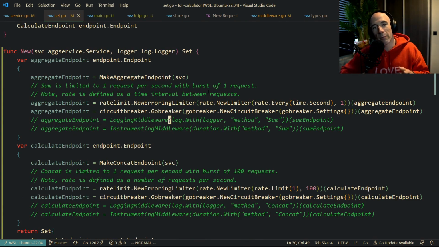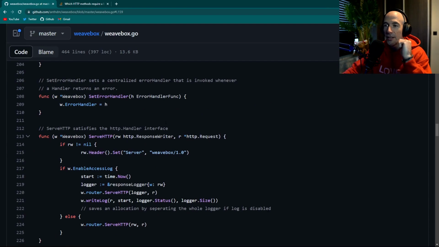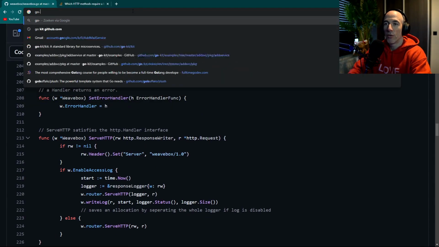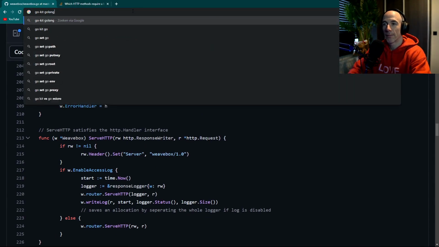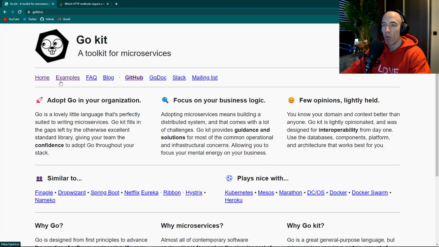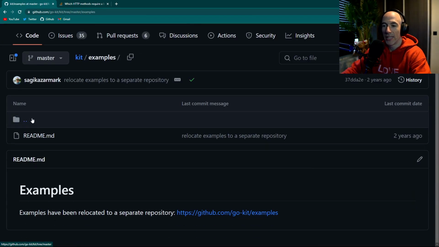Because this logging middleware will basically log and instrument your HTTP endpoint, right? So let me quickly open and see here how they did that. This Weavebox, what are we doing here? Going to be Go kit, Golang toolkit for the microservice is pretty fine. Home maybe, GitHub actually. And I think we need to go to the examples here, and it's going to be